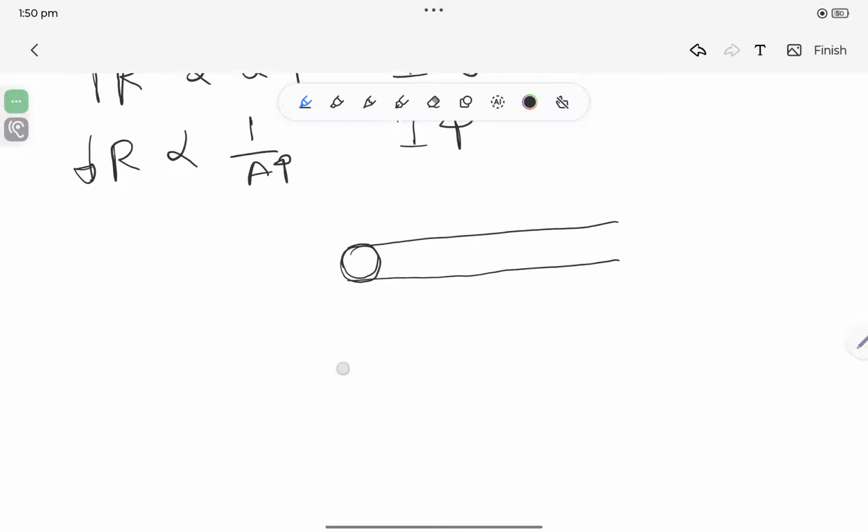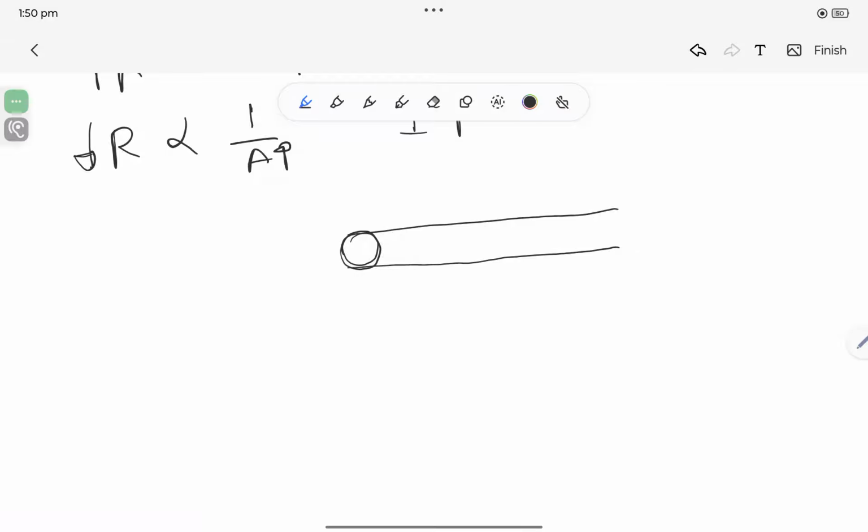So from this what we can conclude, resistance is directly proportional to the length and inversely proportional to the cross sectional area. Again here one more